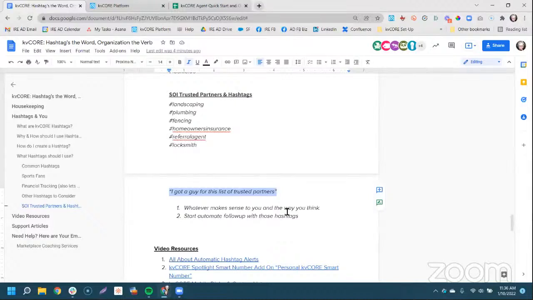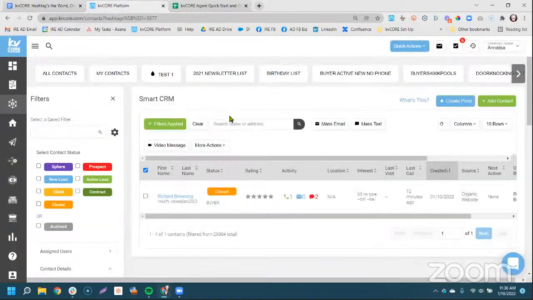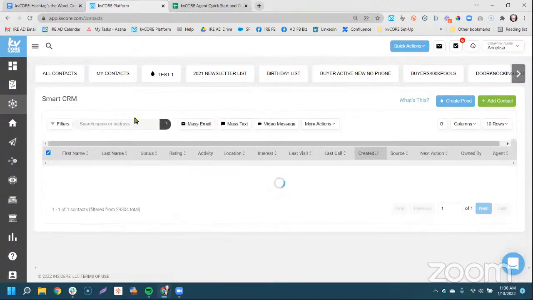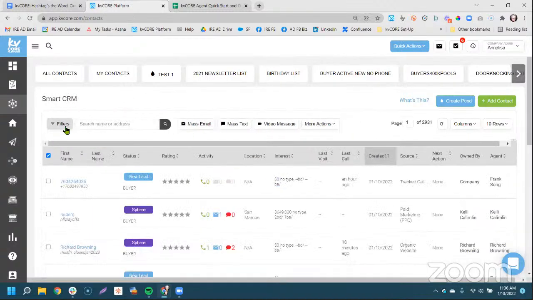So, it's really a way of looking at your smart CRM globally on what you can offer to everyone within here, whether they are a trusted partner that's in your sphere, people in your prospect who's just kind of like, I don't know you, you don't know me, but I'm just gonna let you hang out and do what you want until you come to me. Do I want them as a new lead, just looking and actively? We're starting to get that relationship going over to client contract closed. So hopefully that kind of gave you a nice little flow of things.